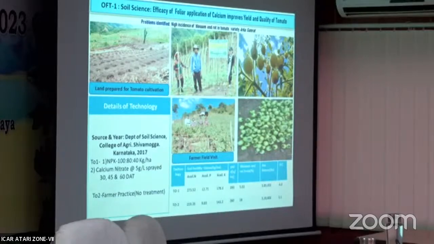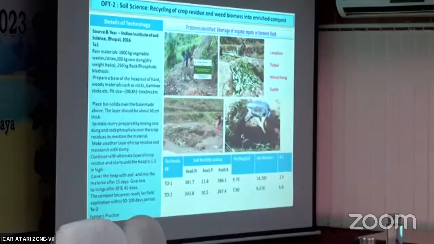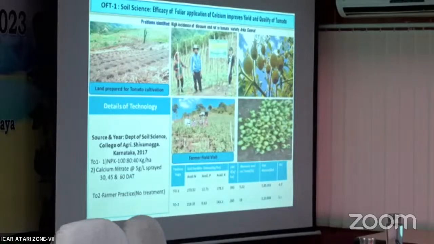Did you harvest them? No, we did not harvest that. The farmers plucked the fruits as we suggested to them. This is from the farmer's plot. Is green preferable, or acceptable to farmers? No, sir. These are the infested fruits. These are blossom end rot fruits. That's why we suggested them to pluck the fruits. Yes, it's good. Okay.